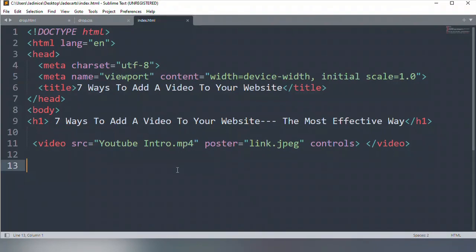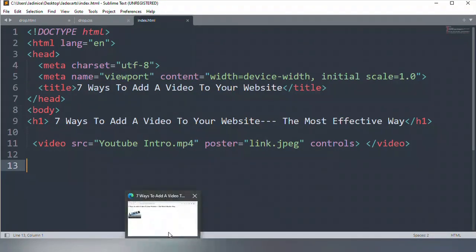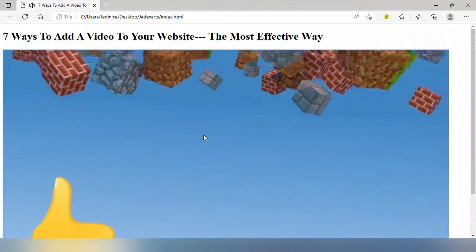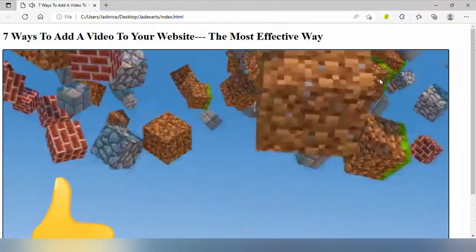In our last video, you saw how we added a poster to a video in a website. More like adding a thumbnail in YouTube, we added a poster to a video in a website, and you saw the source code and how it all came out. The poster, or the image, and when we click on the video it shows the whole video.